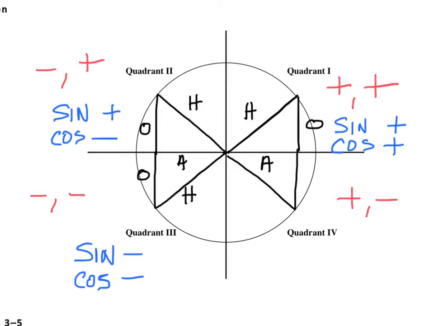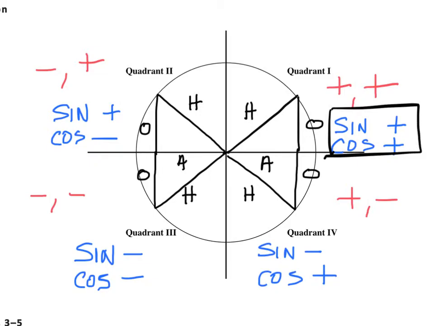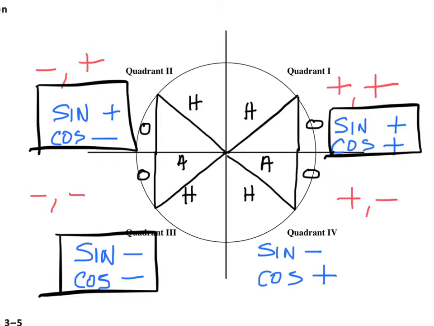I still have my adjacent. This is opposite and this is hypotenuse. If I did sine of that angle in there in the fourth quadrant, it would be opposite over hypotenuse. What would I get? It would be negative, and then cosine would be adjacent over hypotenuse, positive. So look at what you have. In the first quadrant, sine and cosine are both positive. In the third quadrant, they're both negative. Here in the second quadrant, sine is positive, cosine is negative, but it reverses diagonally to be sine negative and